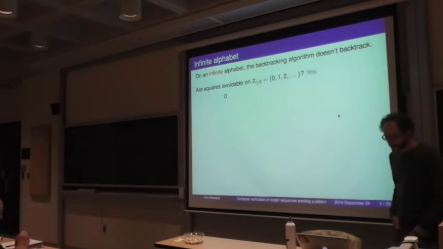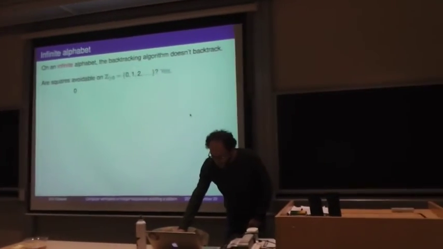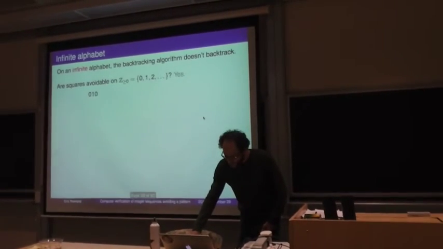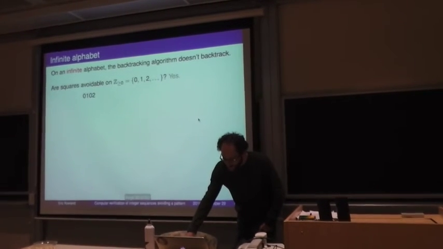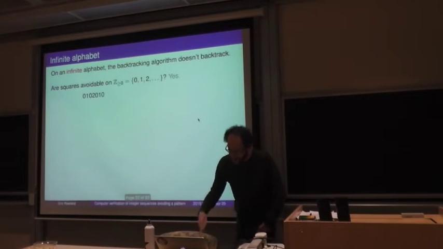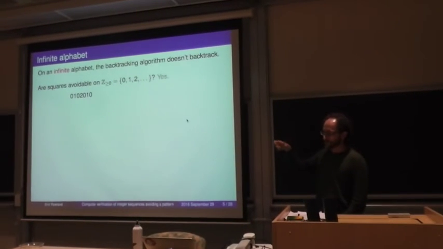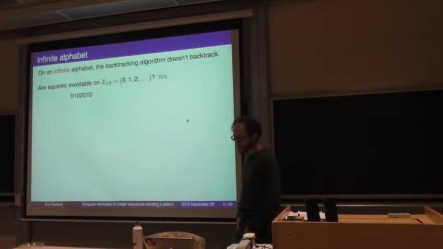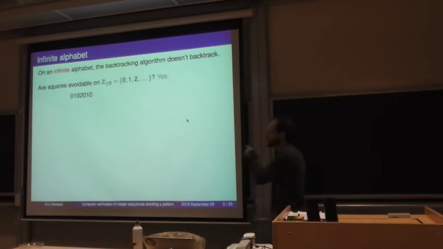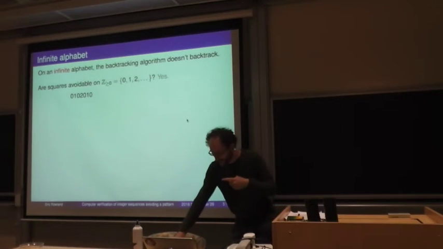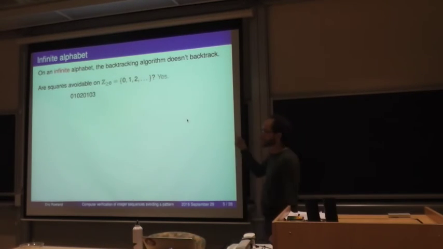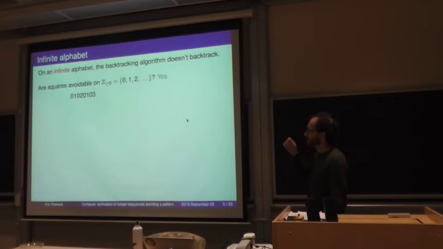So let's start building it again. We have a 0. We can put a 1. We can put a 0. We can put a 2. So at this point, so far it agrees with the lexicographic, but also square-avoidable on 0, 1, 2 as a subset. But we may not get the same word because we won't backtrack. So right here, we will write a 3 instead of having to backtrack at that point.